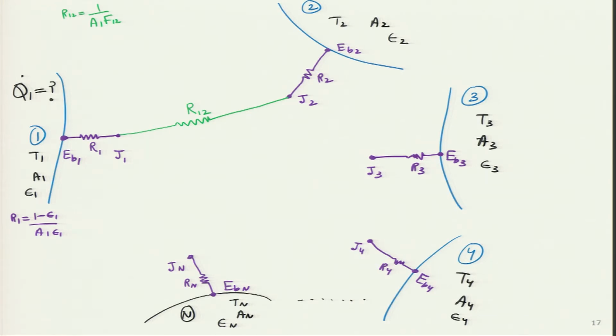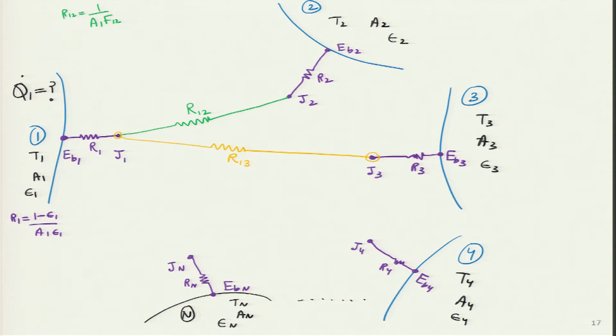Now, for the time being, let me forget surface 2 and I am having only surface 1 and surface 3. Is that possible? Yes, it is possible. I am imagining there is no other surface, only 1 and 3, then how will they interact with one another? Already radiosity J1 has reached here, J3 has reached, they will interact with one another through a resistance which we will call the space resistance, and the nomenclature will be R13.